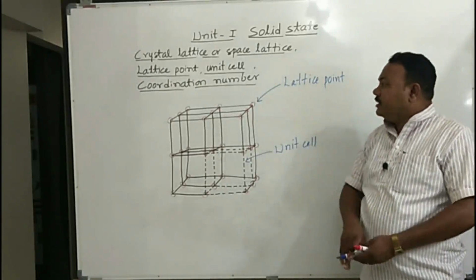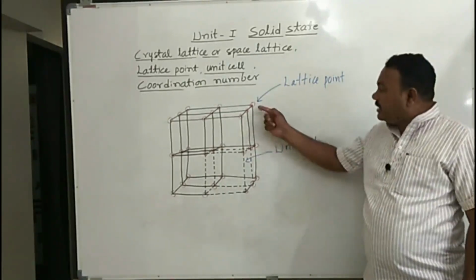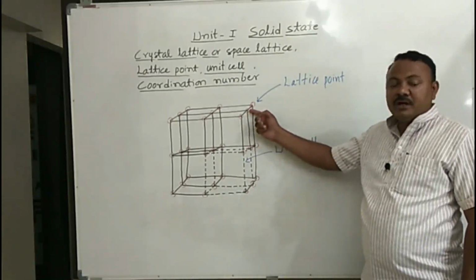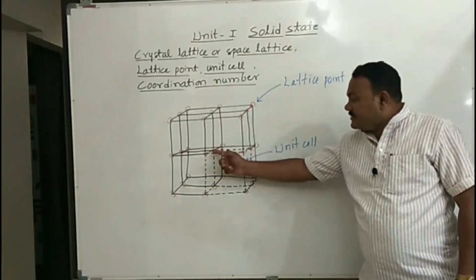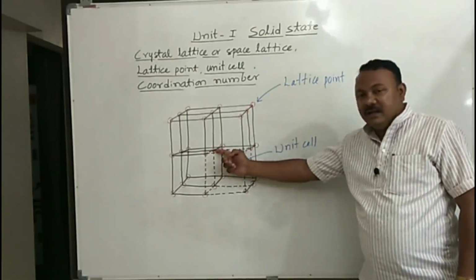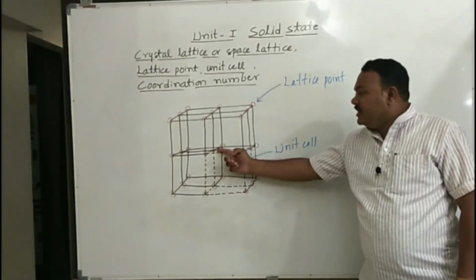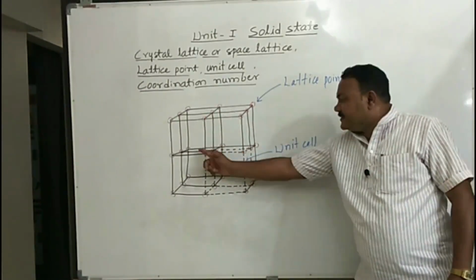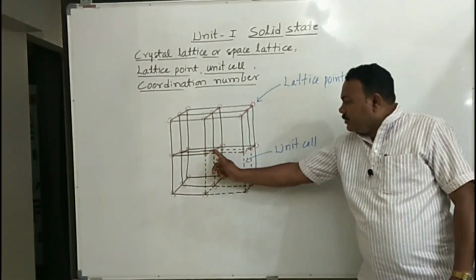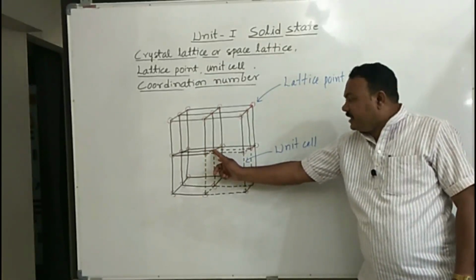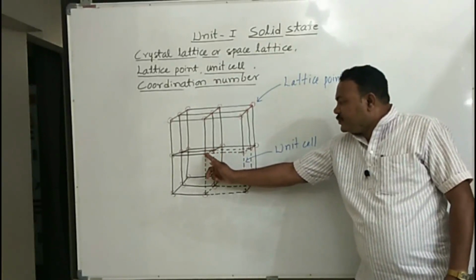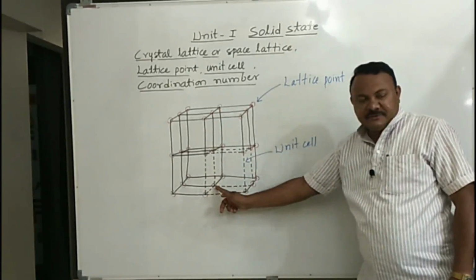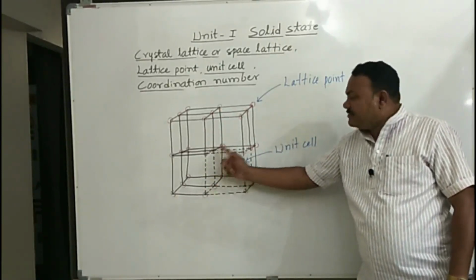Consider a lattice point, the number of nearest neighboring particles to this point, or you take any other particle, the number of nearest neighboring particles, we call it as coordination number. Say for example, I am considering this particle which is present in the middle, or you can say at the center of all these 8 boxes. We have 1, 2, 3, 4, 5, 6, 7, 8 boxes here, and you see this is in direct contact with 1, 2, 3, 4, 5 and 6 particles. So coordination number of this particle becomes 6.